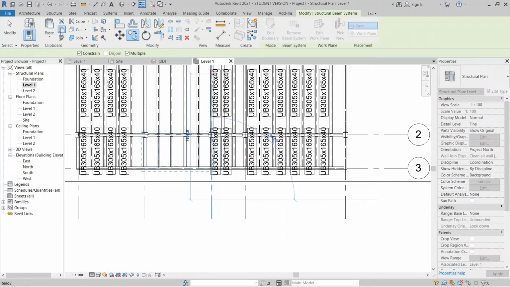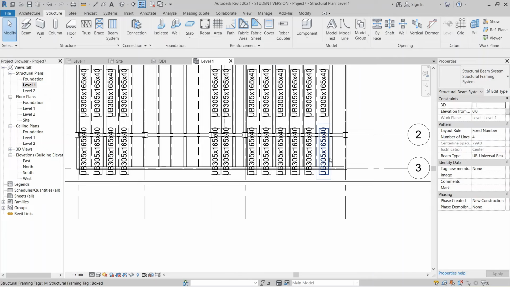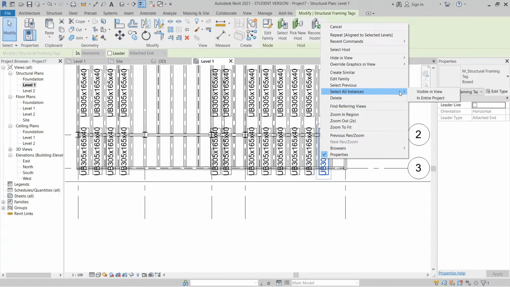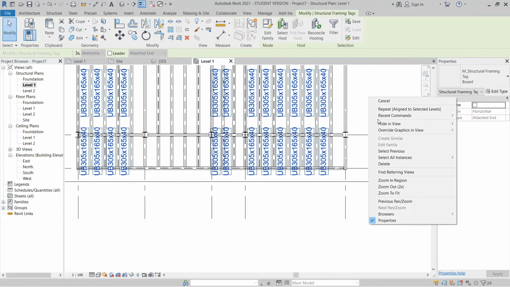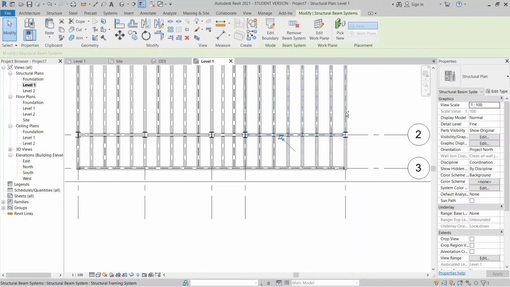Go to copy to clipboard, align, select to level 2, and select another beam system as well. This one I want to hide first in entrance project, then right click again, hide in element, here 1 and here 2.